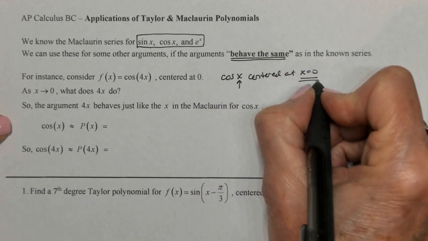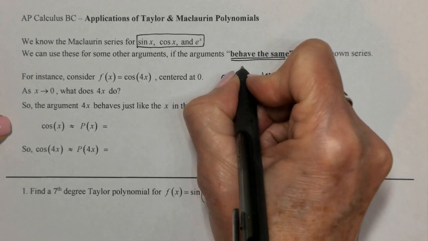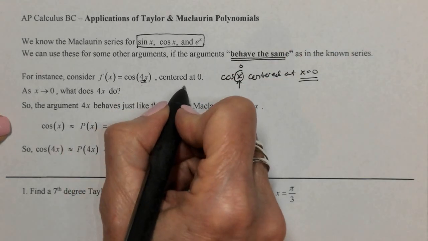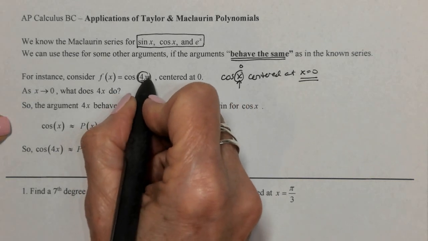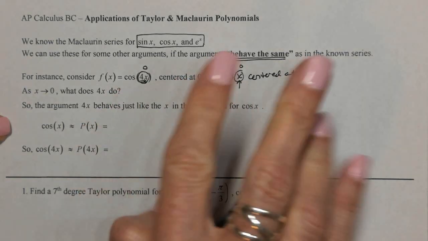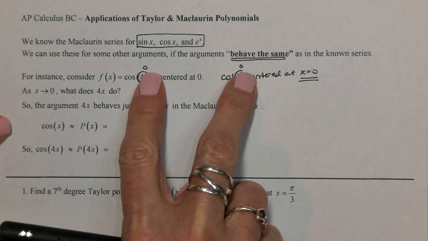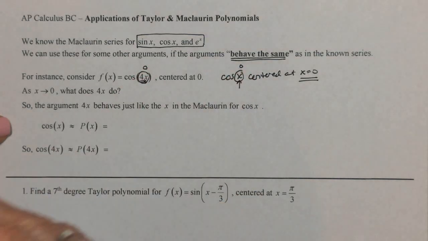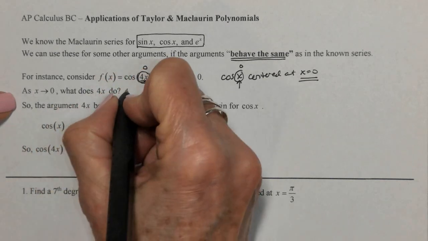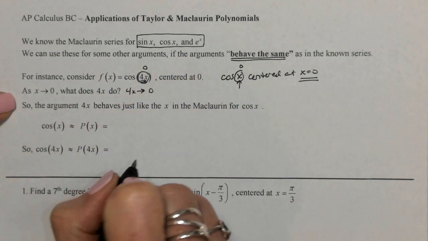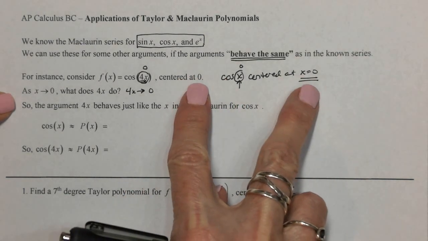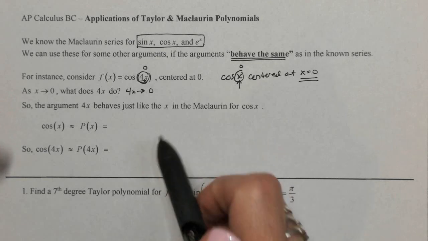Well, if there's a 4x centered at 0, what does this argument do as x goes to 0? It goes to 0 as well. So both arguments go to 0. 4x goes to 0. If their arguments behave the same at the center value, then we can use the